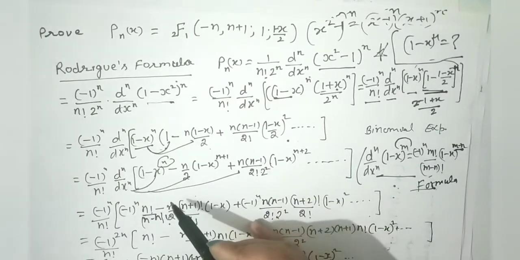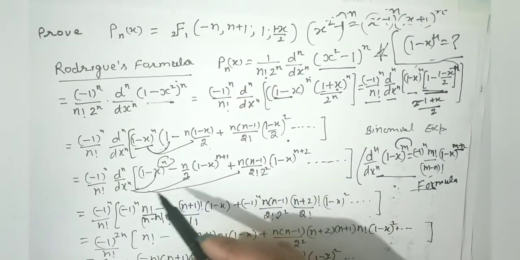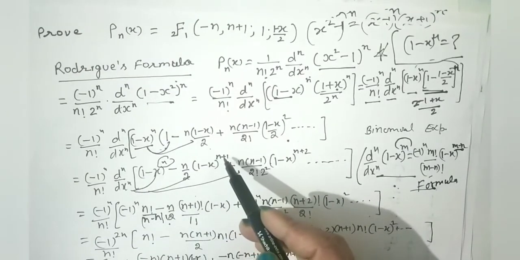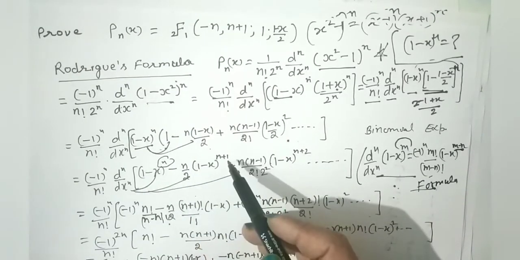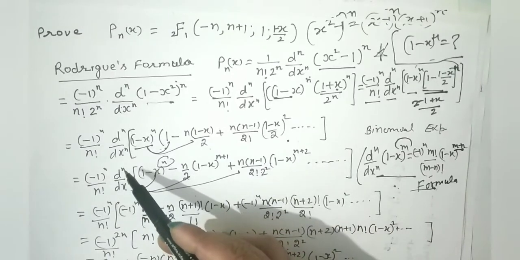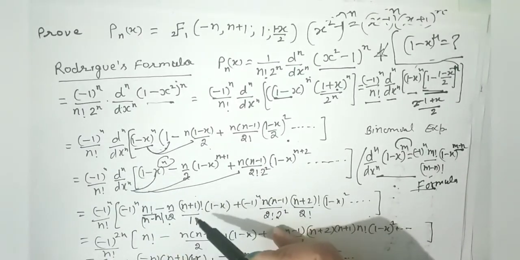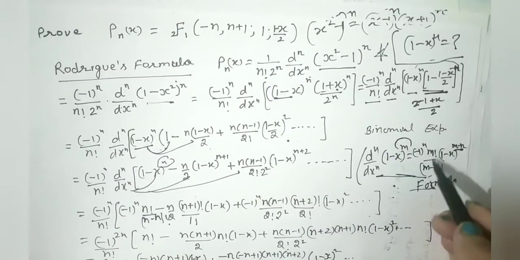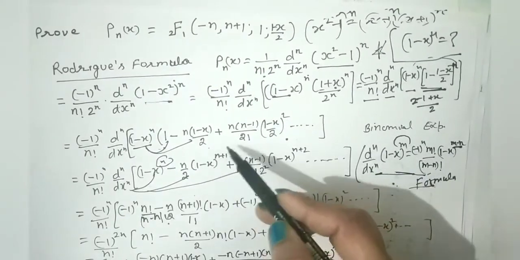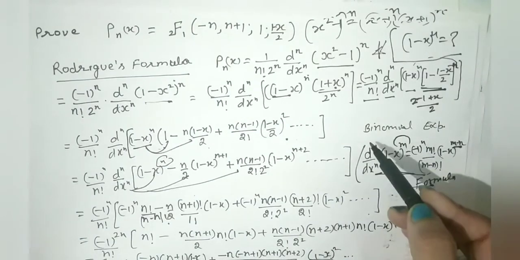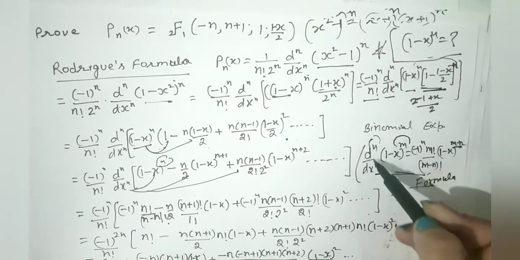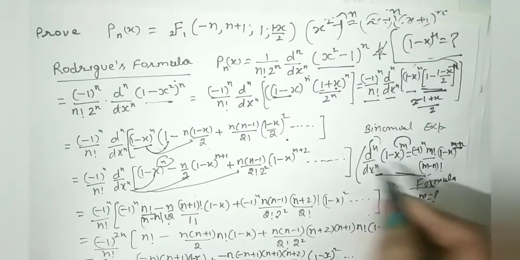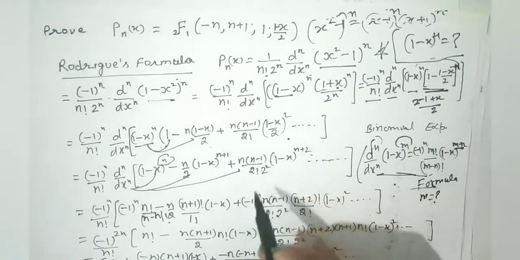So that will be 0, and something raised to power 0 is 1. In the next term, n by 2 will be the same. Now here it is n plus 1. So differentiate (n plus 1) power n times, we will get (n plus 1) factorial. We just need to put every term here in the formula. You have to change the value of m. n is fixed because in every term we have to take the nth derivative. You just change the value of m, whatever is here in the question. So you'll get this result.